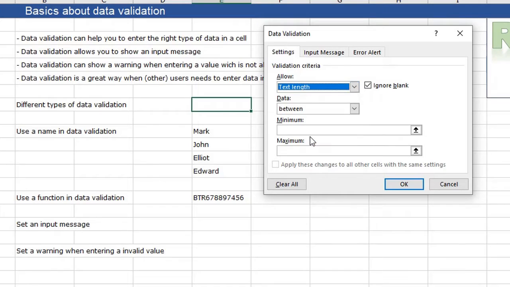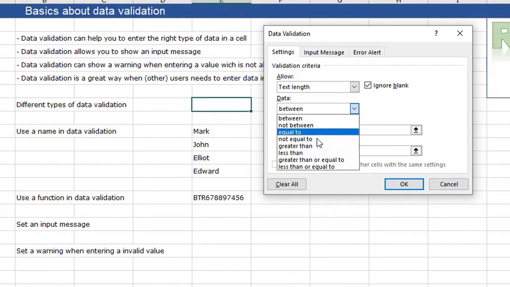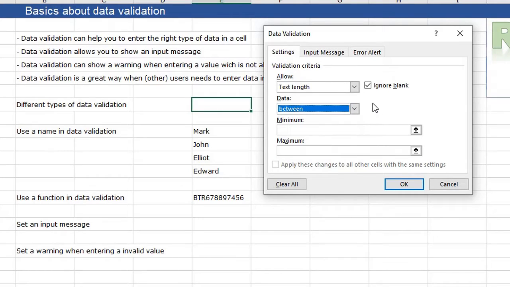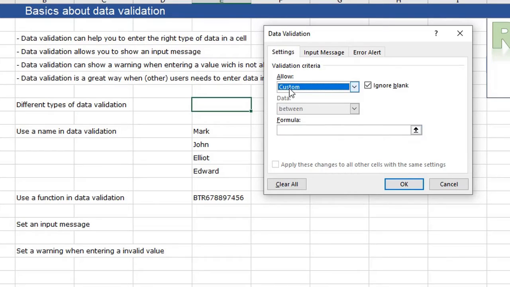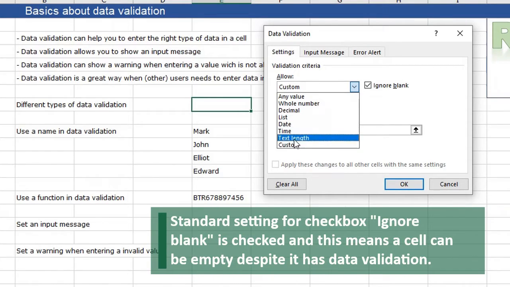I can select text length, and this way I can force the user to enter a maximum or minimum amount of characters. And again, I have some other options to specify the amount of characters. I have also a custom validation. I will show you that later in my video, but these are the basic options you have to specify the type of data and force the user to